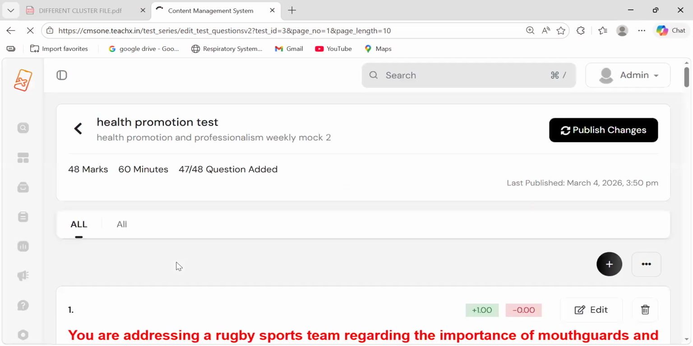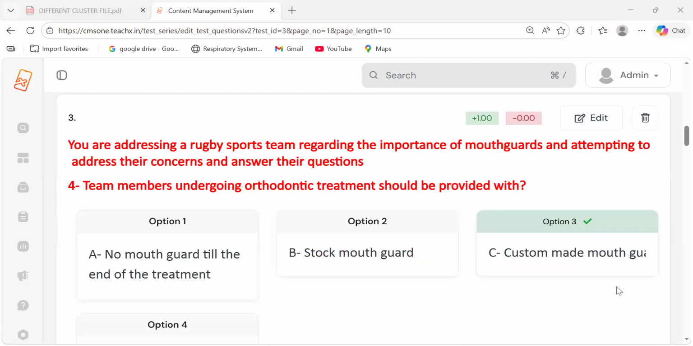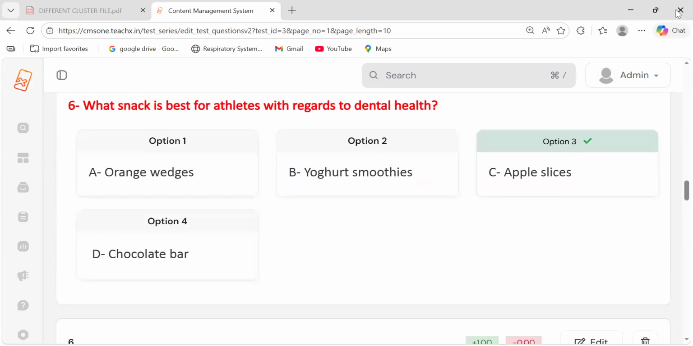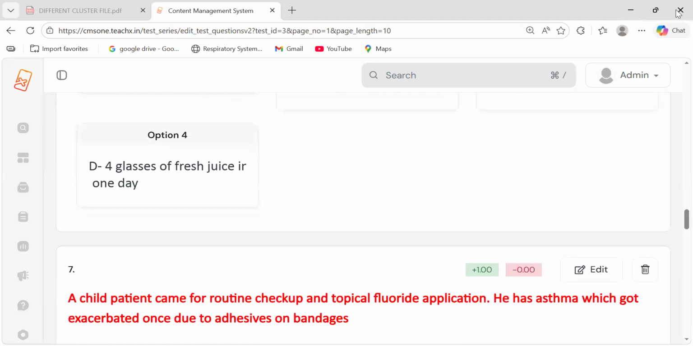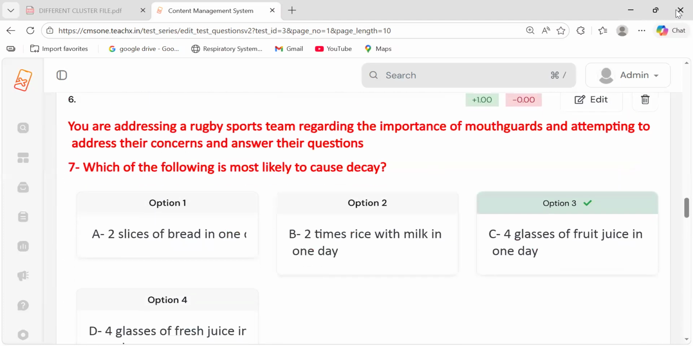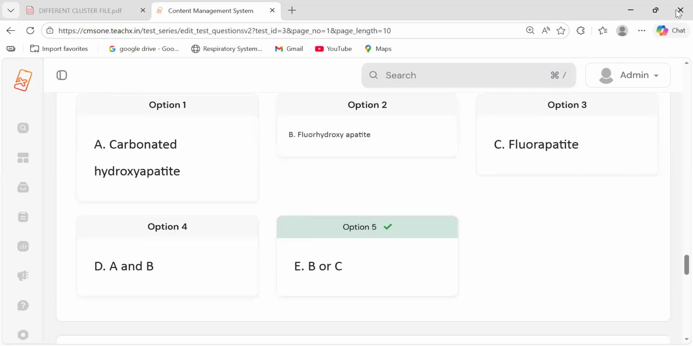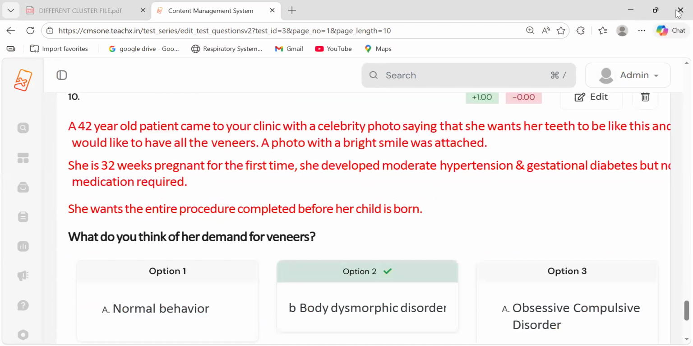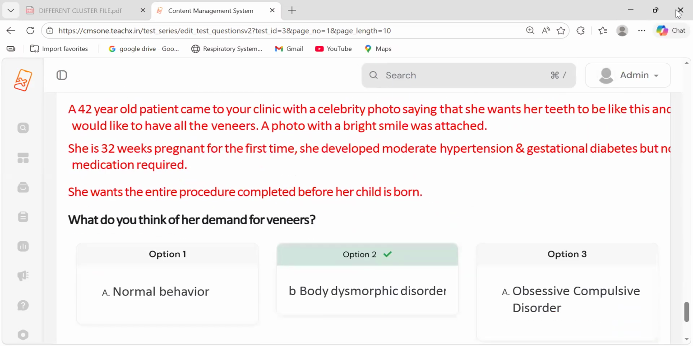Maybe we are going to add this test for everyone. Okay. The rugby patient. Mouth guard patient. What are the healthy options for a sports person out of the different options given? There is a child patient, fluoride application, right? Then there is a patient with dementia, Alzheimer's disease. How are you going to